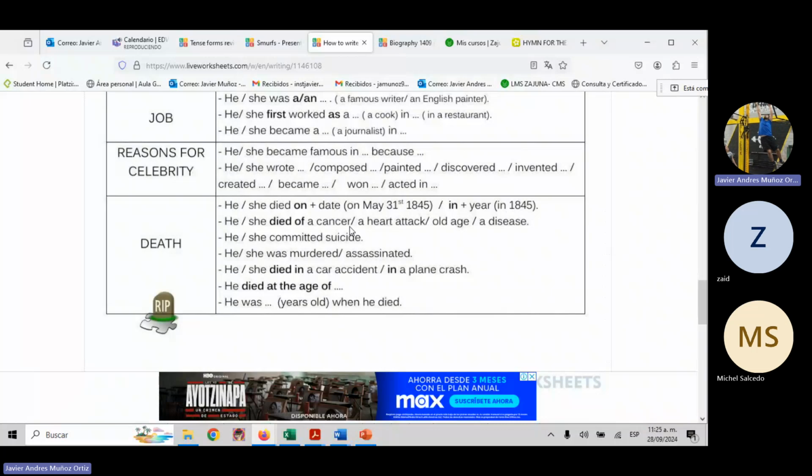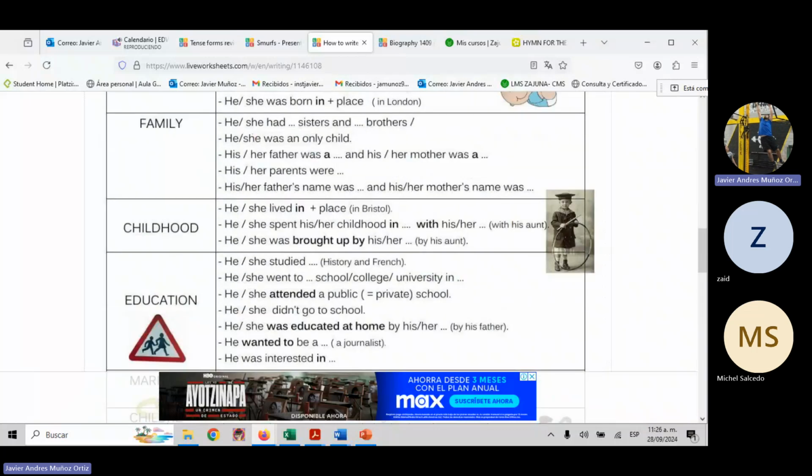Or, for example, like Salvador Allende, who committed suicide protecting La Moneda. This is the kind of Palacio de Nariño in Colombia, or Casa Rosada in Argentina. He committed suicide doing this. Or maybe, like the parents of Batman, they were murdered by a criminal in Gotham after watching a performance in the opera. Let's suppose that. So we can mention many things about this person's life, and this is the proposed order of